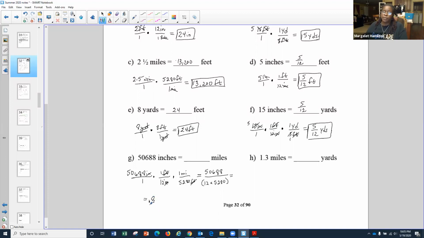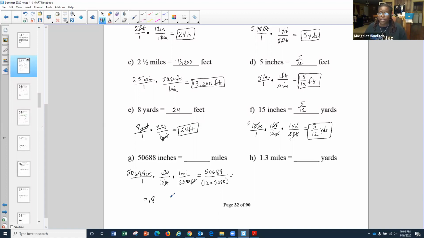Now, remember, we want the exact answer. 0.8, they may want that. Again, you're going to follow your homework. So if the homework wants you to give your decimal answer, give it. If they want you to give the exact answer, if they want you to give it as a reduced fraction,